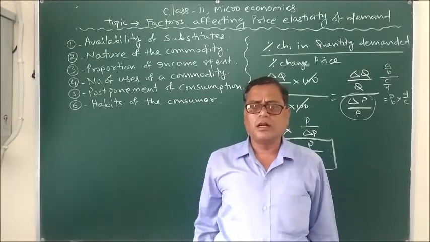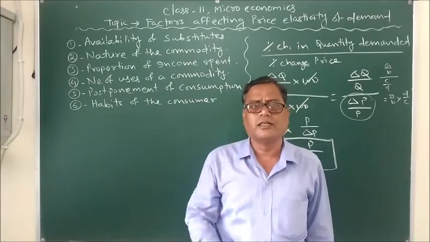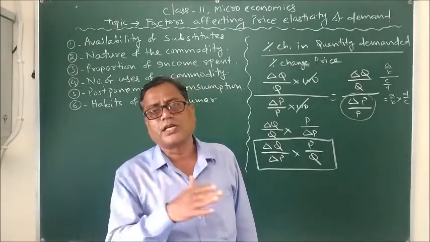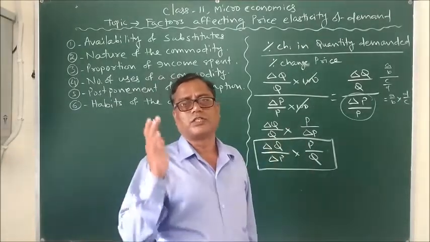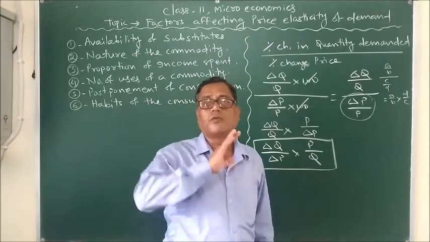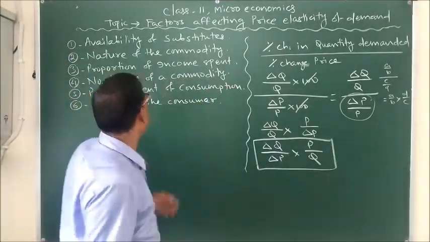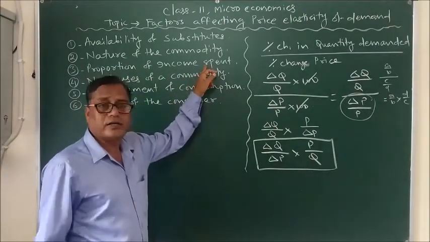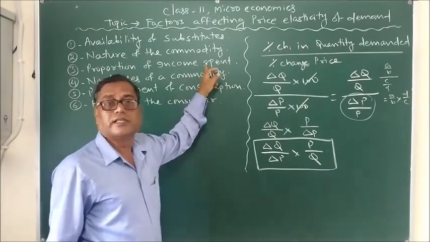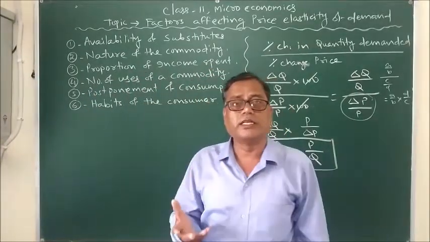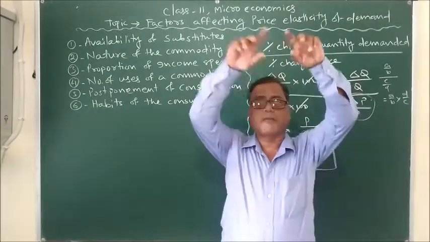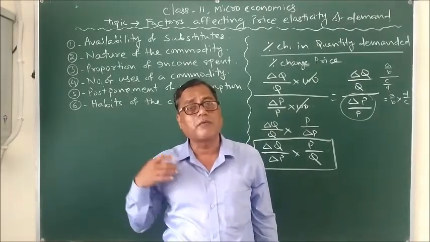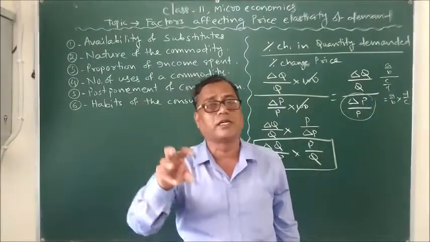The reason is that if the goods is a necessity, then whatever may be the change in its price, we have to purchase it, we cannot change our demand. So in that case, the elasticity of demand is very low, or almost the good is inelastic. Thus, coming to the third point, the proportion of income spent on the goods. That is also yet another determinant of the degree of elasticity of demand. That is, out of our total income, what is the proportion or percentage of our income that we are spending on a particular goods.